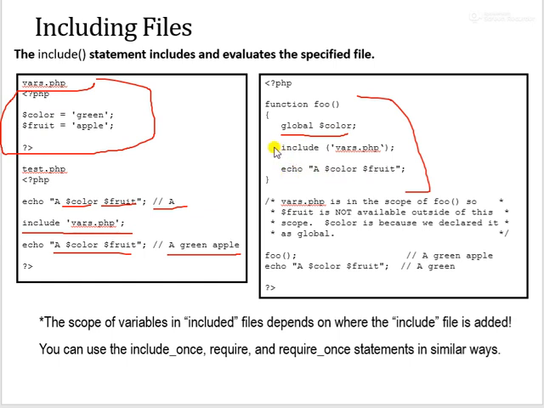Now this include statement is within the scope of this function, so both color and fruit will be accessible inside the foo function. So you will get the output a green apple. But when we call the same thing here in the global scope, global knows color but it doesn't know fruit, so you will get the output only a green but nothing from fruit.